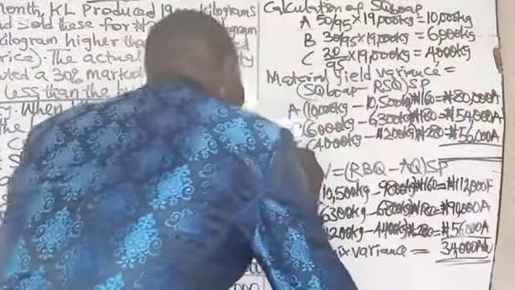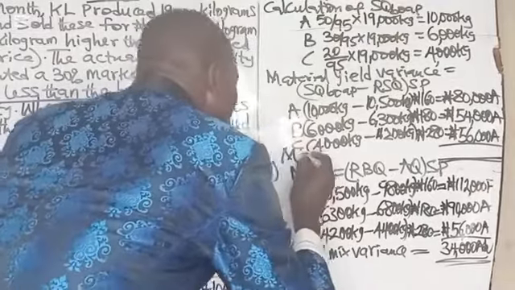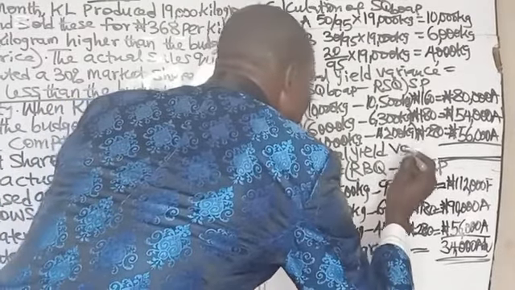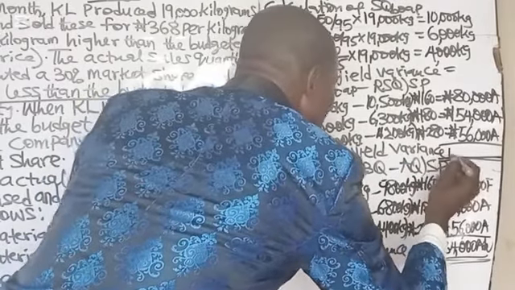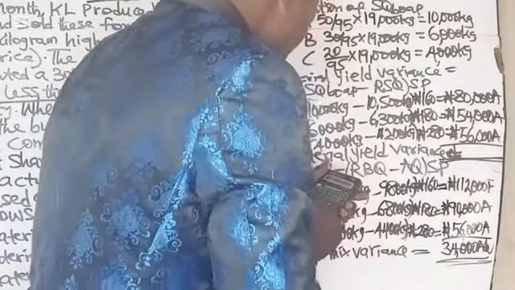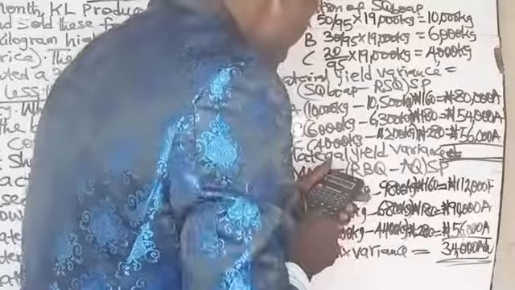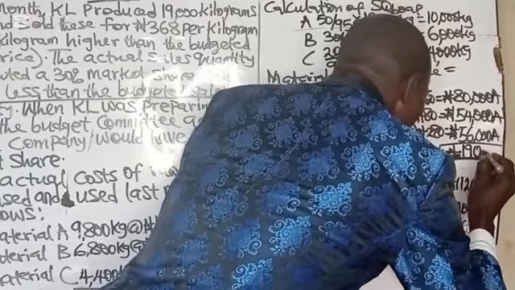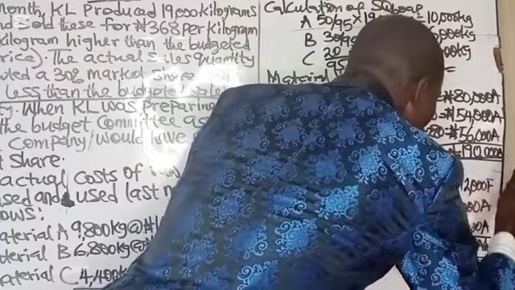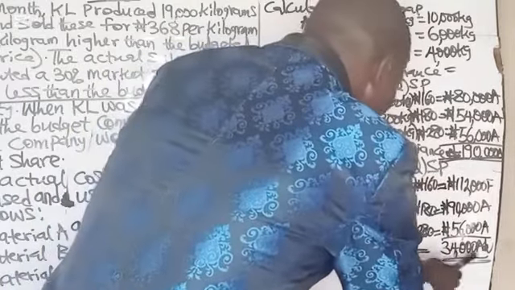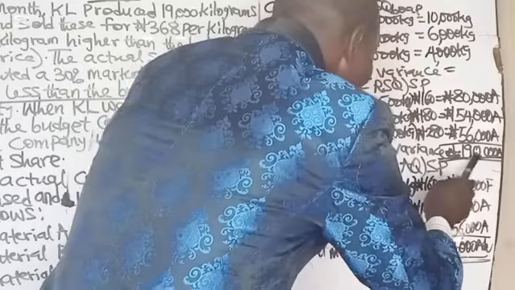Therefore, material yield variance is totaled $80,000 plus 54,000 plus 56,000, and that is totaled 190,000 adverse. If you sum up the material mix variance of 34,000 adverse and material yield variance of 190,000 adverse,